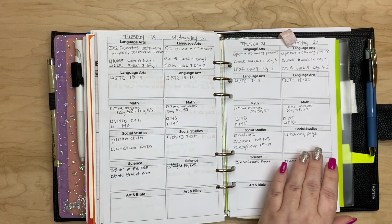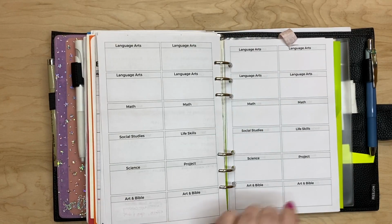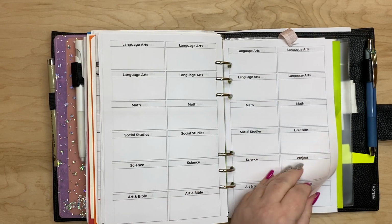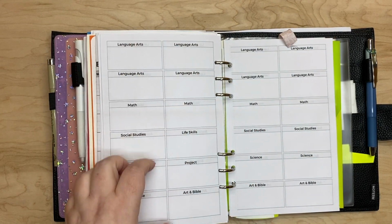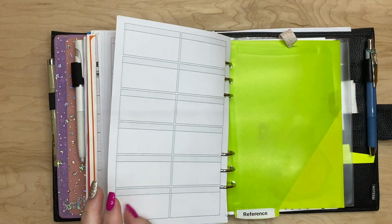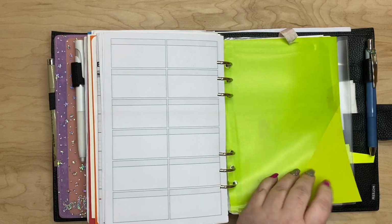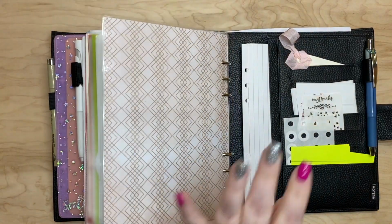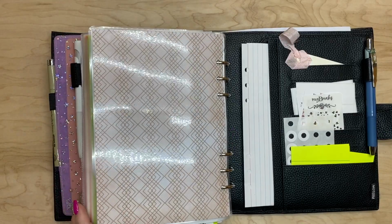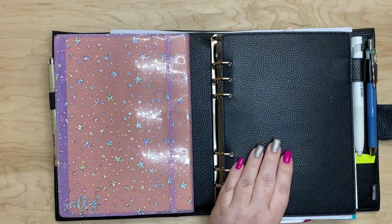So this is what this week is starting to look like played out here. And then I just printed some more. But like I said, I want to do a little bit more modifying to this, but I really like the setup. It's working out pretty well. And as you guys know, I usually don't show this section, so I'm going to be finished. I just wanted, like I said, to share some of the things that I've updated